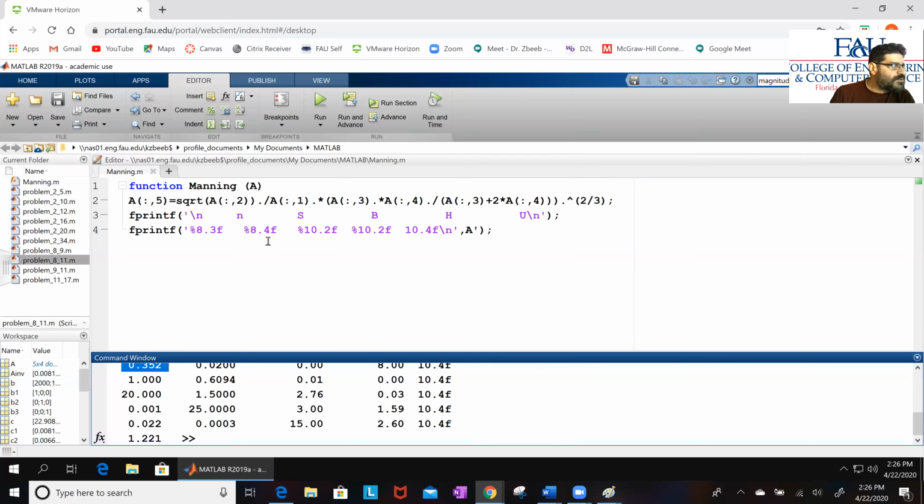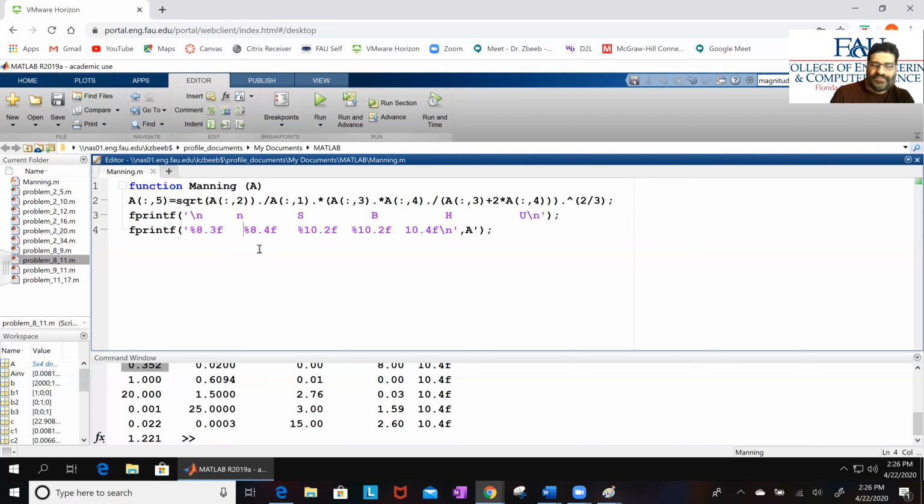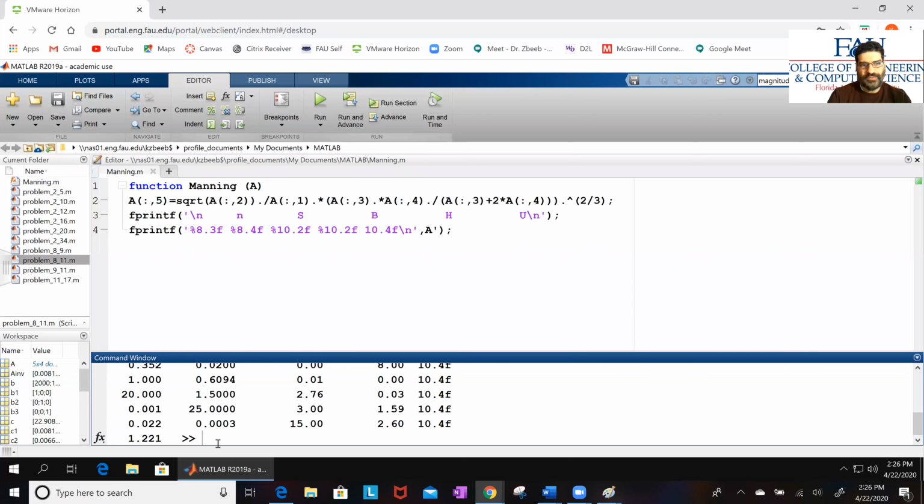8.4, so let's see if we can go back a little bit here. Maybe we overlapped it a little bit. Let's just do this one here. I don't know if it is going to solve the problem. Let's try. Let us save this and go back to